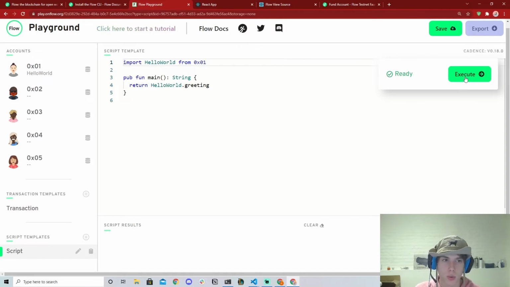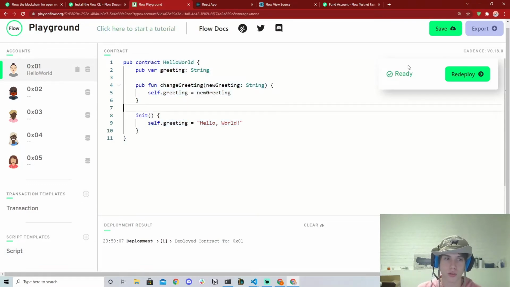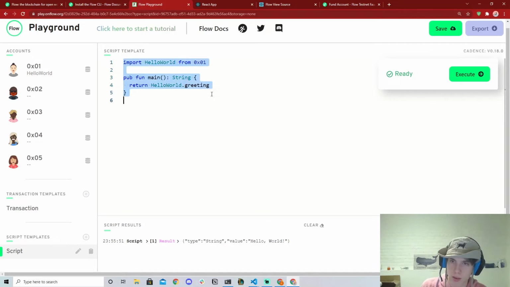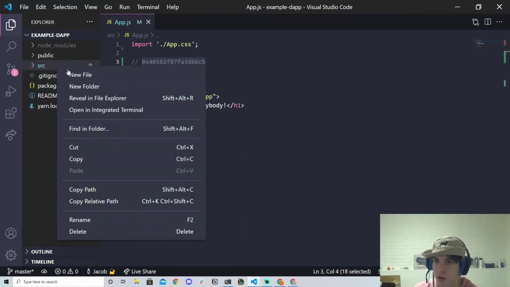Okay, so we're going to execute this. It's going to say hello world, and if it gives you an error, just make sure that your contract is truly deployed in this account. But it gives us hello world. So we're going to copy this script, go back into our dApp, and let's make a folder in our source file